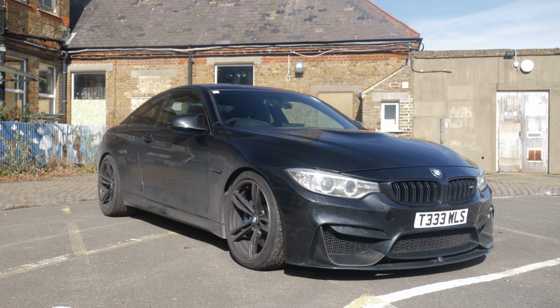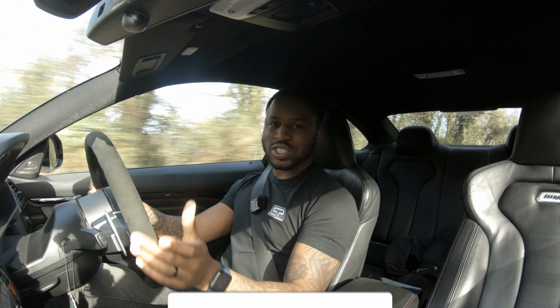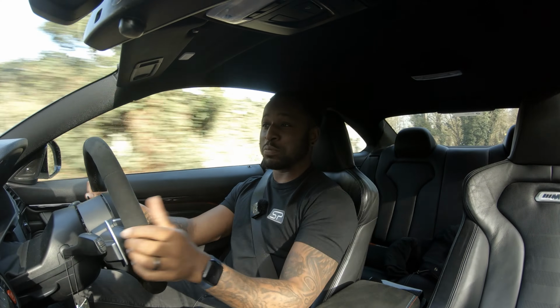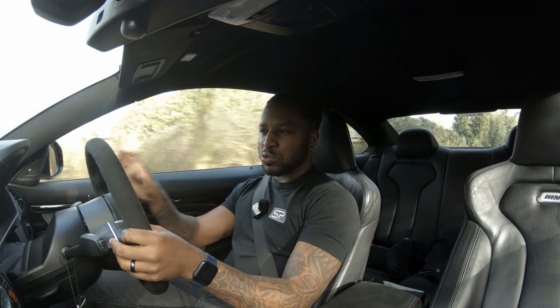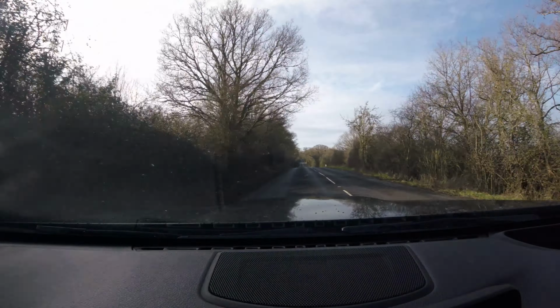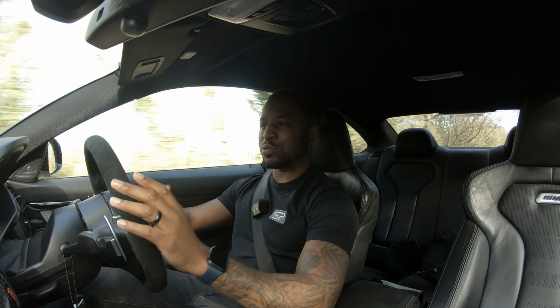The M4 has got quite a dodgy history. Let me explain. It's no secret that this car is a high mileage car, hence the price, hence the name cheap M4. It's currently at 93,000 miles. On average, most people do between 6,000 to 8,000 miles a year, and if you times that by the amount of years this car is, bearing in mind it's a 2014 car and we're in 2023, that's 9 years times 8, 72. So this car should be around 72,000 miles, but it's got